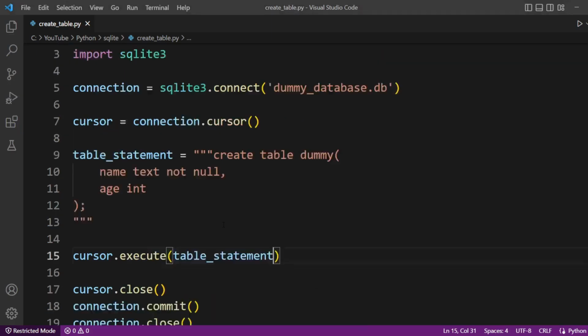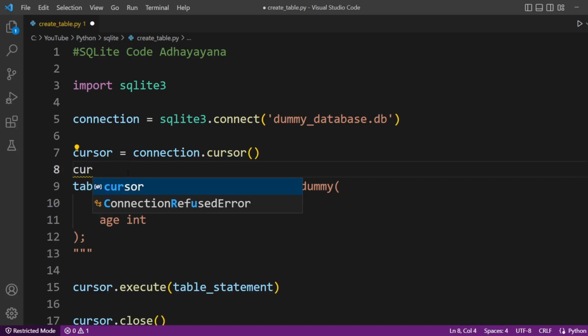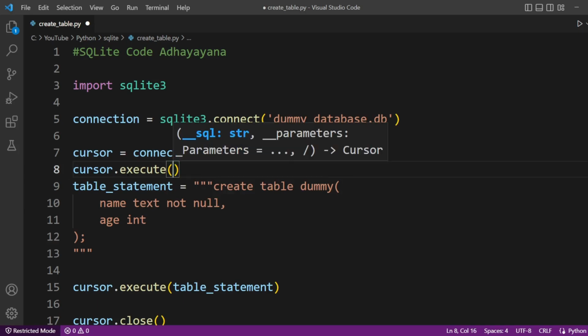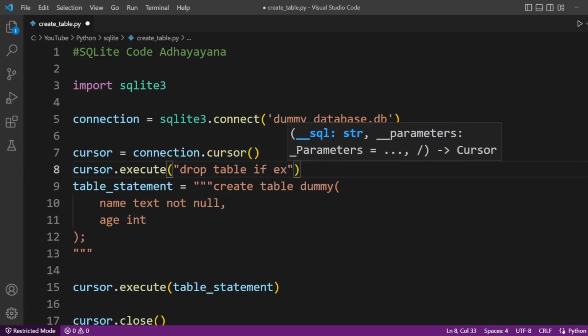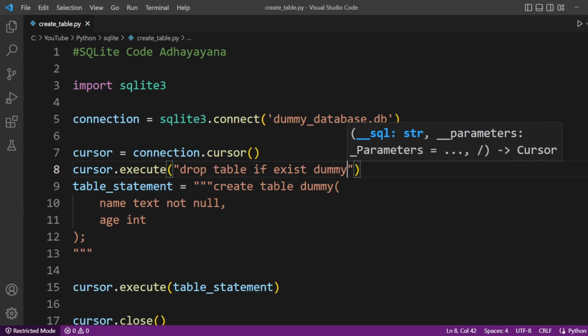So in order to, let's say I want to delete this table if this table exists in this database, you can write one query, cursor.execute, drop table if exists. And we'll pass the table name dummy.